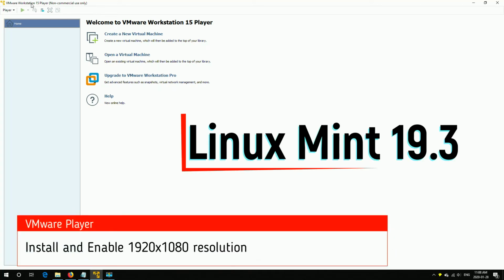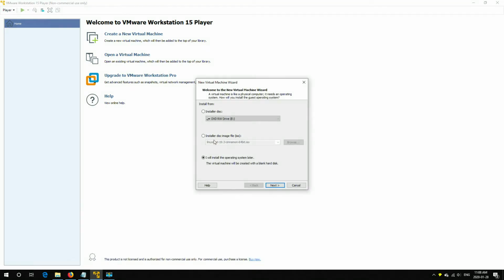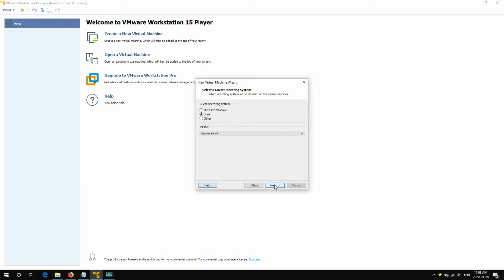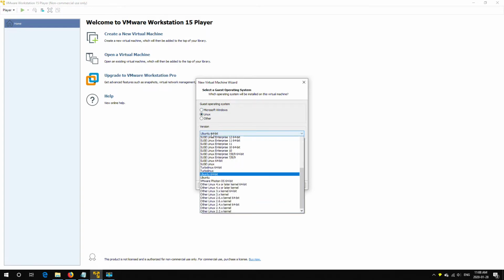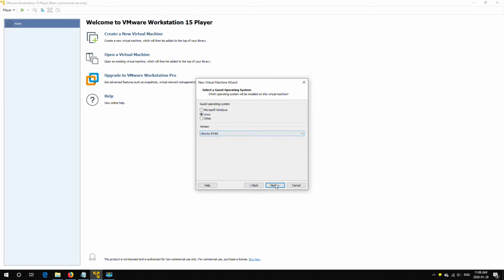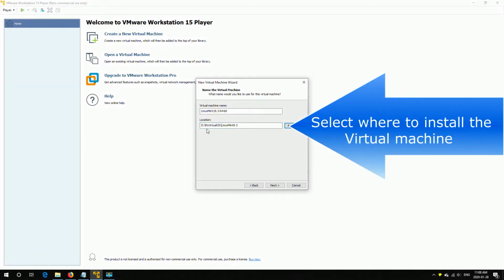Hello, this video is to install Linux Mint 19.3 inside the VMware Player and to enable the missing resolution of full high definition monitors, 1920 by 1080. The most important in the configuration of the VMware workstation or the player is to select inside